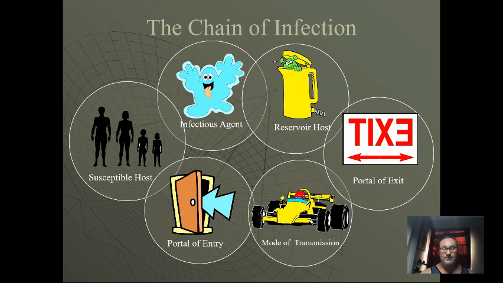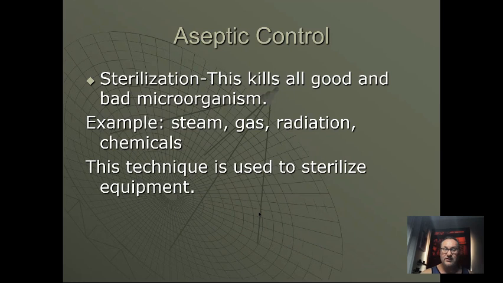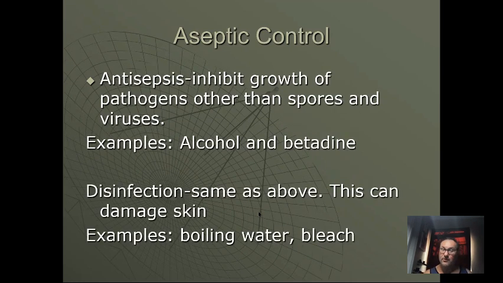All right, so let's move on. Aseptic. These are 3 concepts that you really need to get down. So antiseptic, disinfectant, and the last one is sterilization. So I'm going to go back to the antiseptic. Antiseptic is like alcohol, betadine, things like that, to where we can use them to inhibit growth of pathogens, but they don't completely kill it. All right, disinfectant